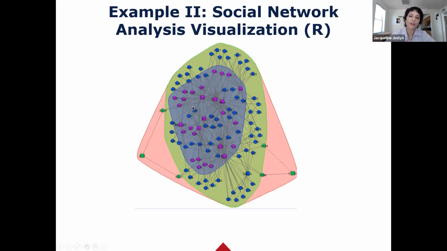And then we have these different zones. So we have the blue zone in the middle, and then the green, and then the red. And this is done spatially. I used an algorithm called the Fruchterman-Reingold algorithm to spatially disperse the nodes and show how different the nodes are